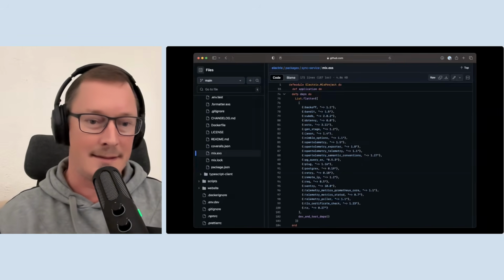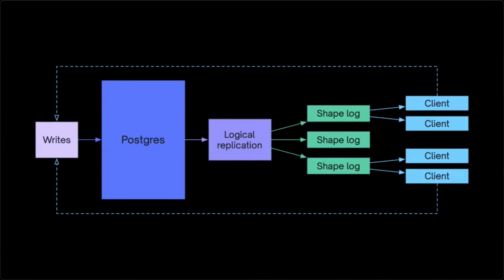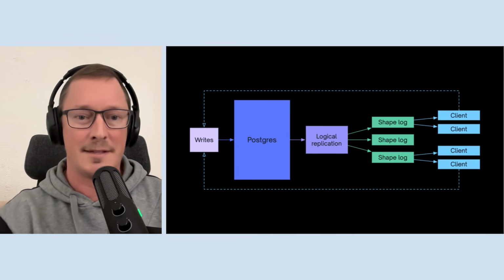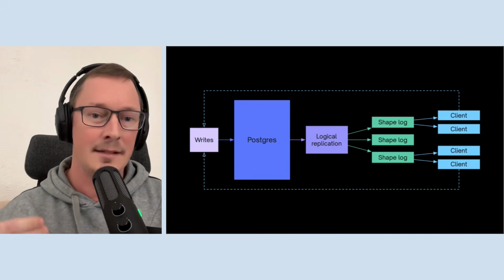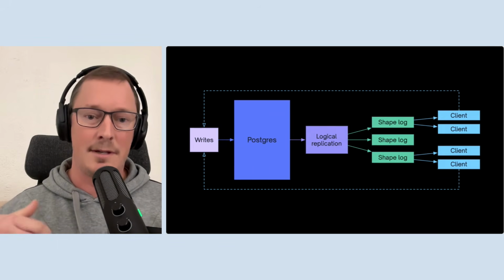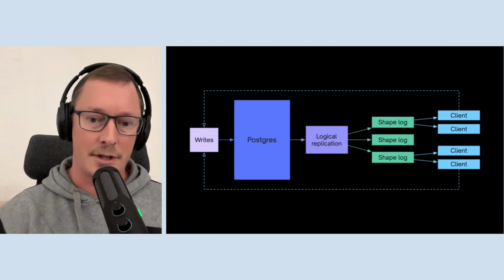As I say, it's just an Elixir application. The source is all on GitHub. I can share links later, but it's on the ElectricSQL GitHub. And basically, it does this scalable fan out of data from Postgres to clients. So if you look at this diagram, the solid blocks from Postgres to the client on the right are what Electric is doing: it consumes the logical replication feed, and it fans it out into what we call shape logs. And then clients can subscribe to those shapes.